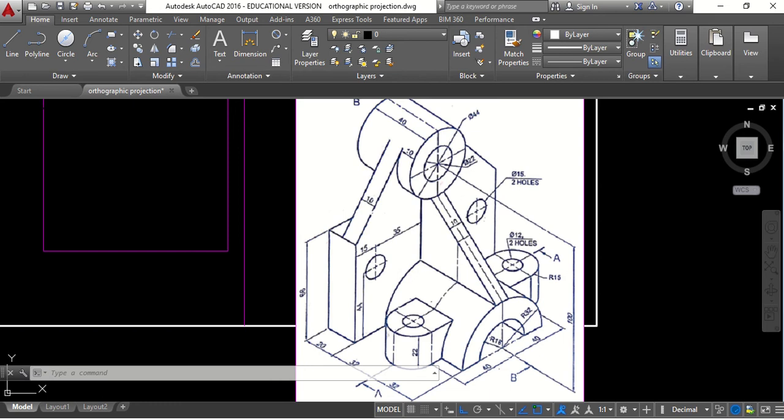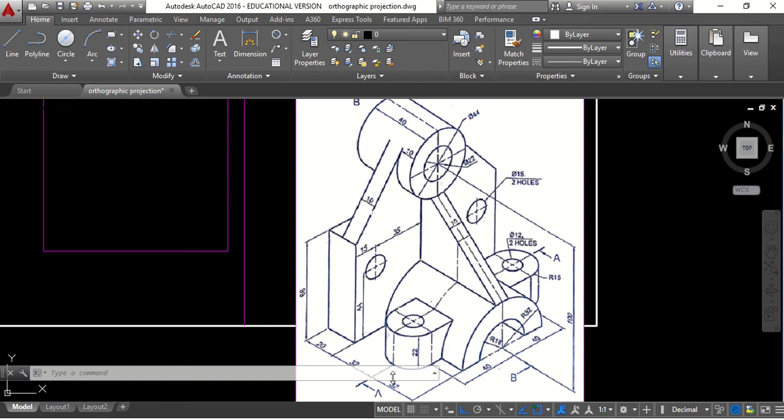The dimension of the component is 40 plus radius 15, so it is 55 on one side as well as 55 on the other side. Because this job is symmetrical about this axis, 55 becomes 110. For the height, from the bottom center of this hole to the center of this small hole on the circular boss is 100 mm, and the diameter is 44, so the radius will be 22, so the height will be 122, and the depth of the